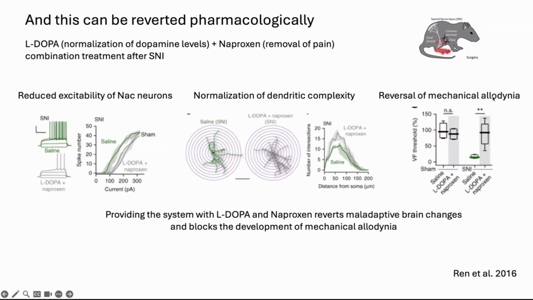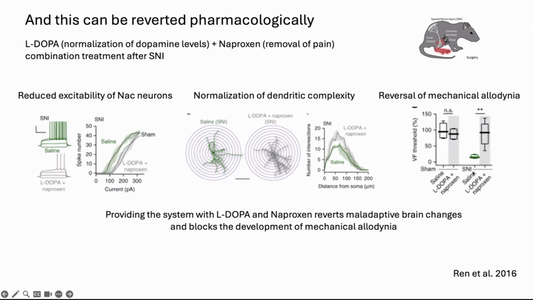And perhaps even more importantly, here on the right, you will see the pain analgesia of these animals, which we measure again using von Frey thresholds. Again, we poke the mice with a von Frey filament to see how quickly or how much force is needed for the mice to withdraw the paw. And on the left, we are looking at sham surgery animals, and as you can see, they have pretty normal mechanical allodynia. So they withdraw their paw relatively normally.